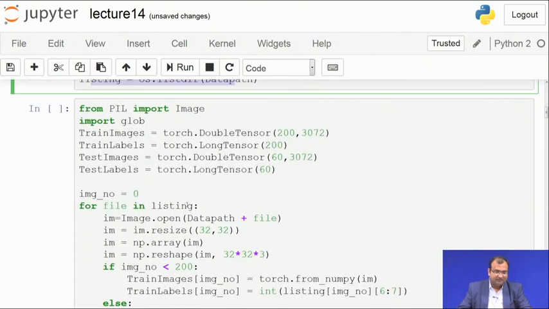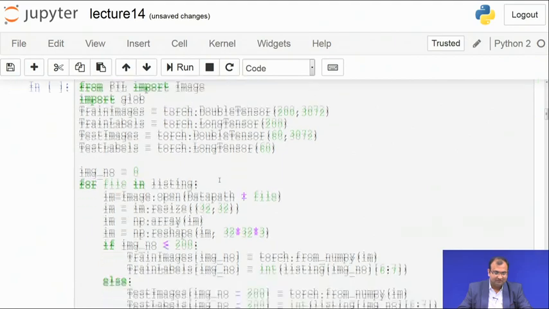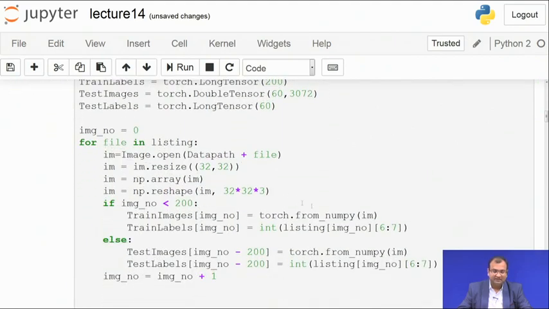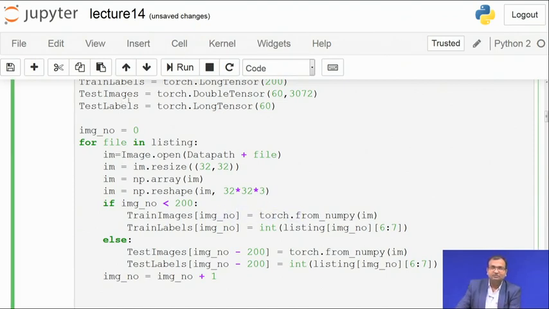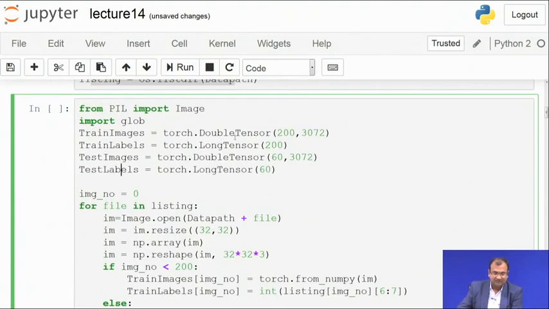So from there, the first part is to basically convert all of these images, which are available as normal PNG image files, into a torch tensor, and that's what we are doing over here. The objective is just to read each of them and convert it into our available tensors. Keep in mind that there are just 200 images available for training, and 60 images available for testing, and then these images are resized into 32 cross 32